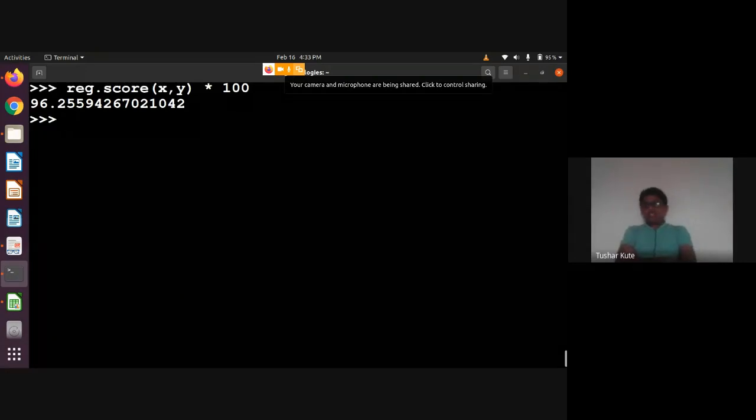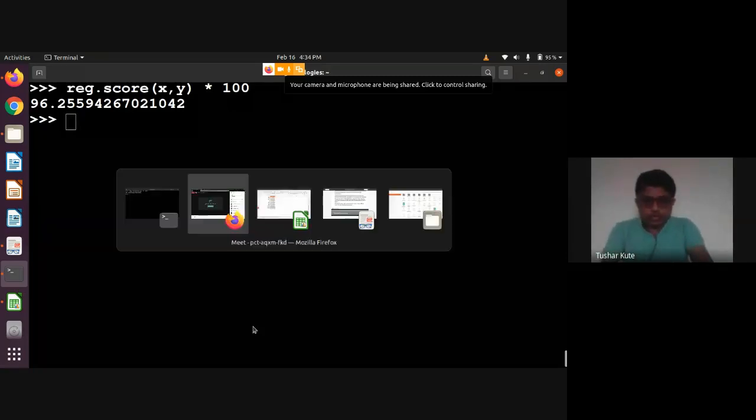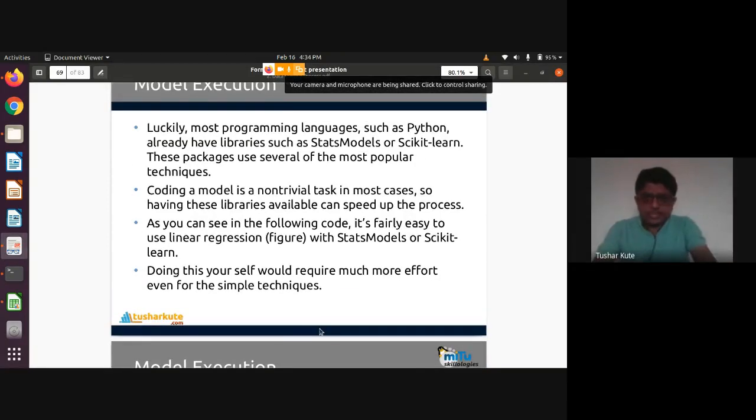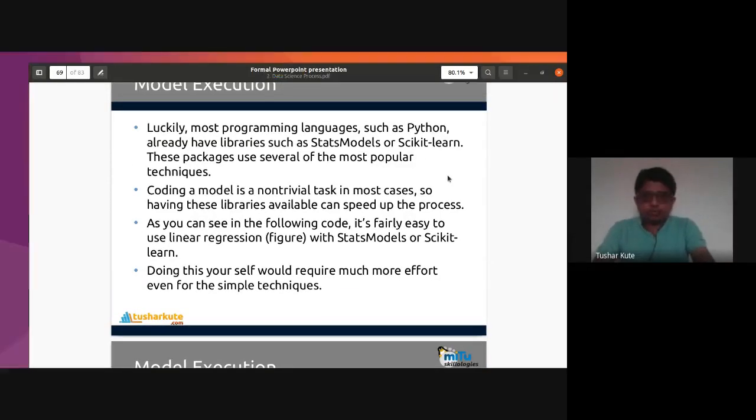This is called residual error. The data is not perfectly linear, so we can do the prediction, but it will contain an error of 3.75%. To know this error, many measures are used. I mentioned them in the presentation, but in an upcoming session we'll talk about it in detail. This is just an overview.